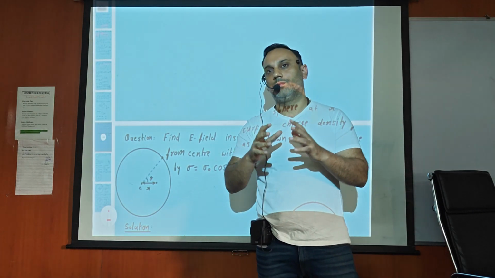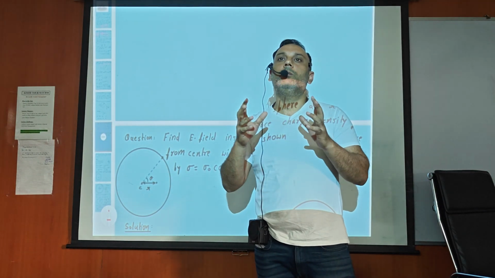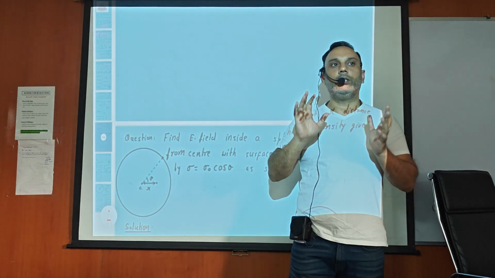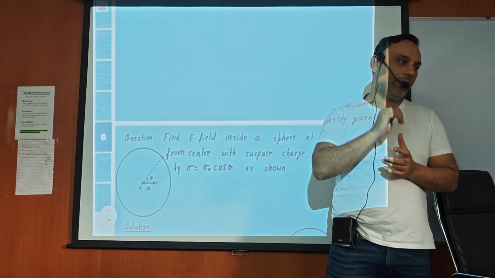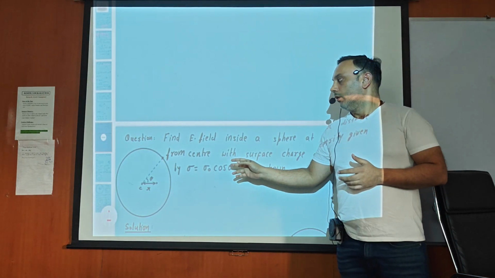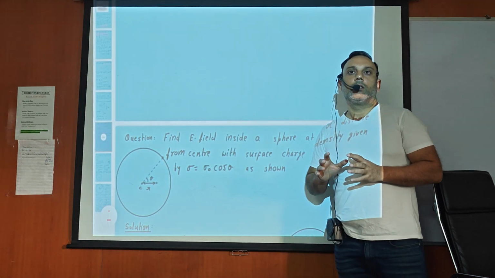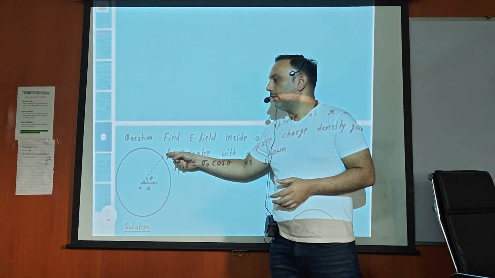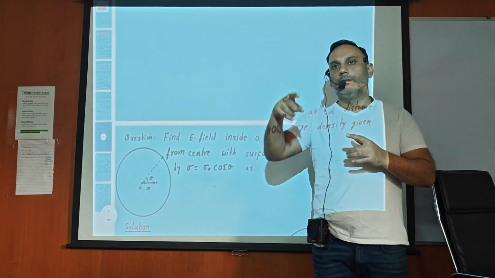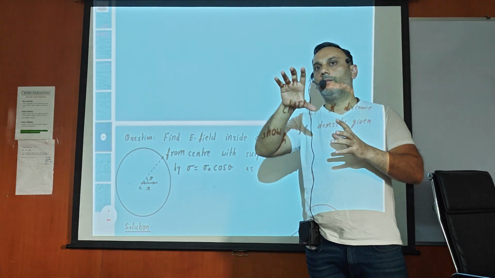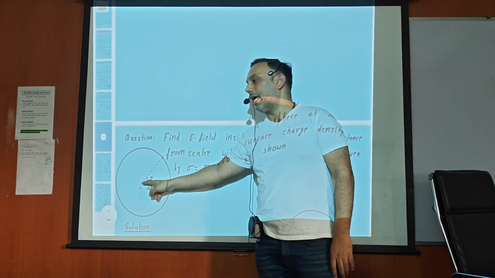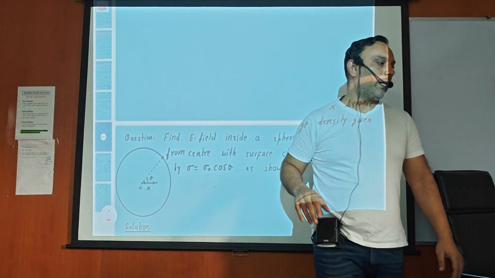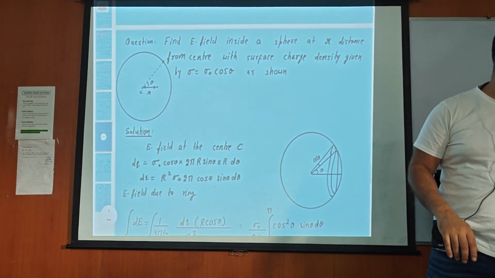Now what should we do? I will explain this question completely, no worries, you just need to concentrate. At the center C, we already know how to find the electric field, because we can consider the elemental things as rings. The thing is made up of many rings, and for all those rings it is an axial point, and by integration I can find the net electric field. That is the method we have done. I will show you first by that method.